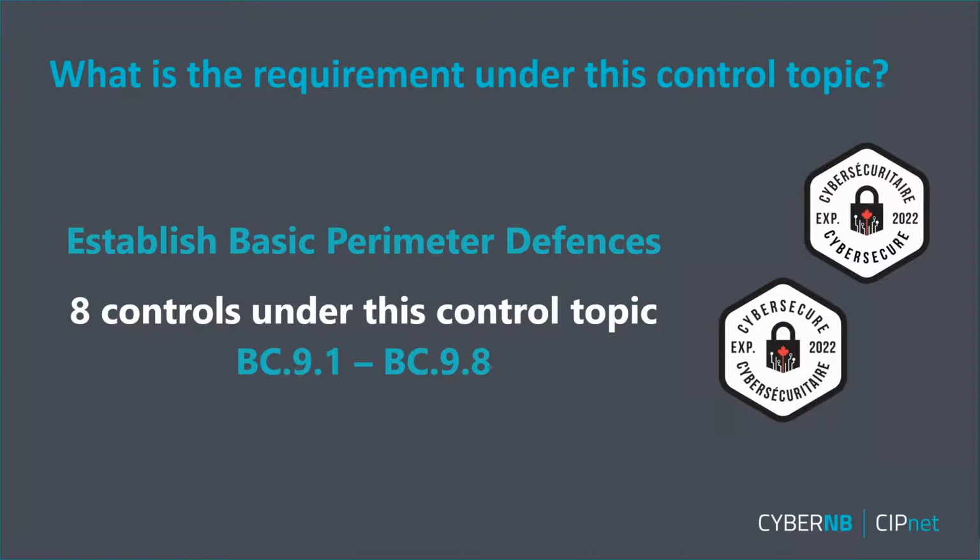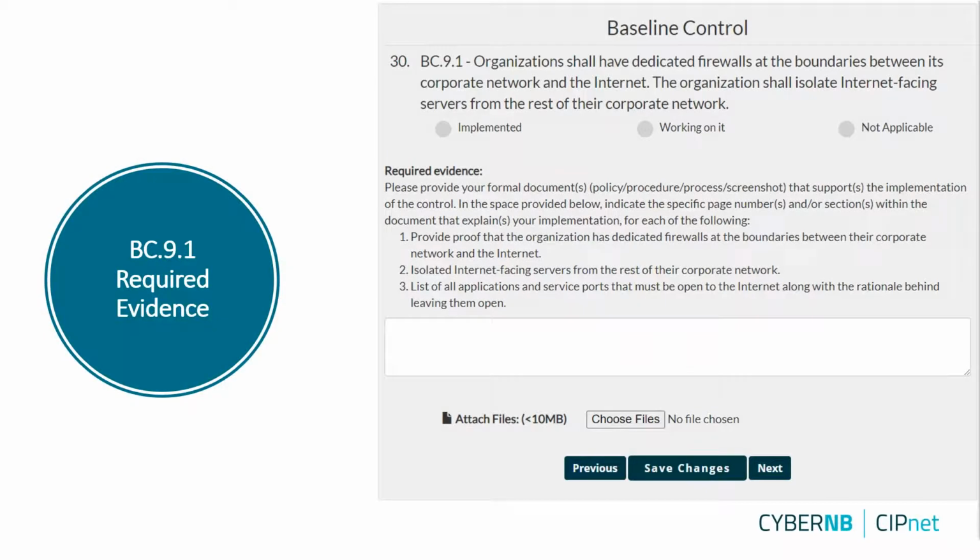And for establish basic perimeter defenses, there are 8 controls under this topic. So they range from baseline control 9.1 up to baseline control 9.8. So the best way to show what's actually required is just to go through the statements, so I'll do that now. So for baseline control 9.1,